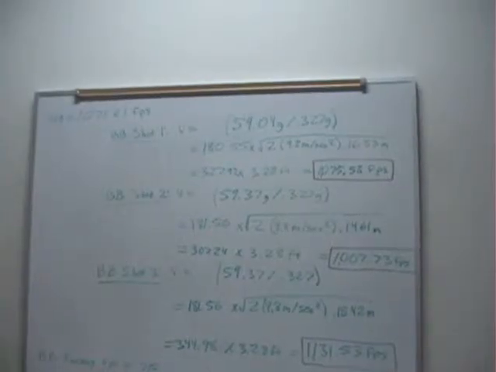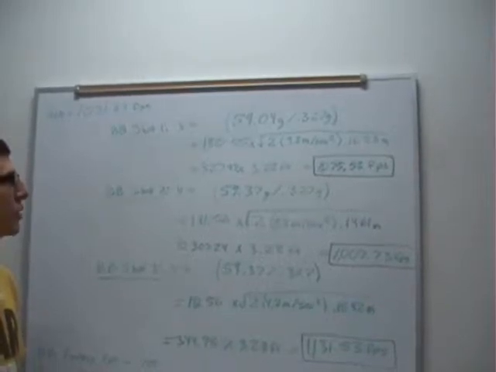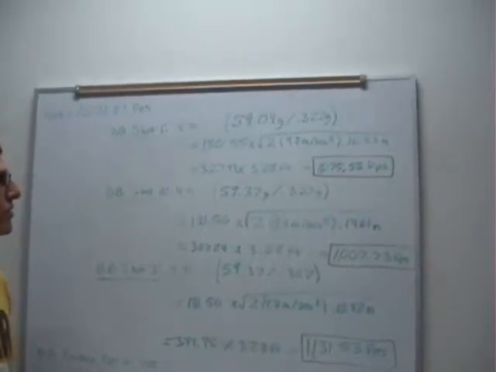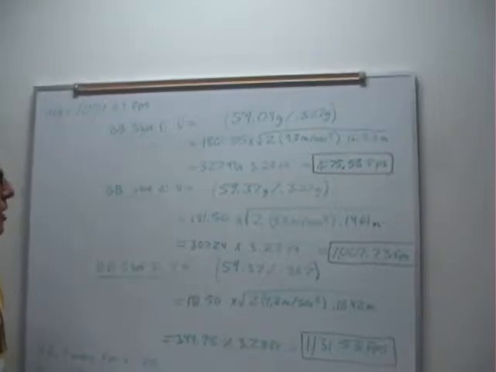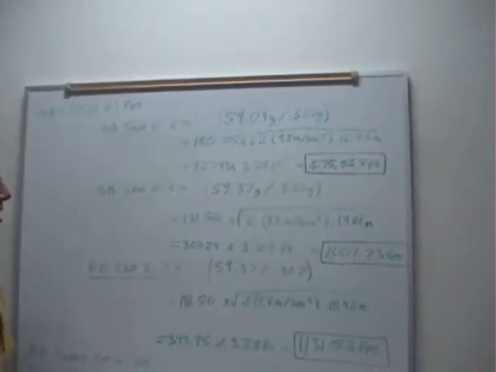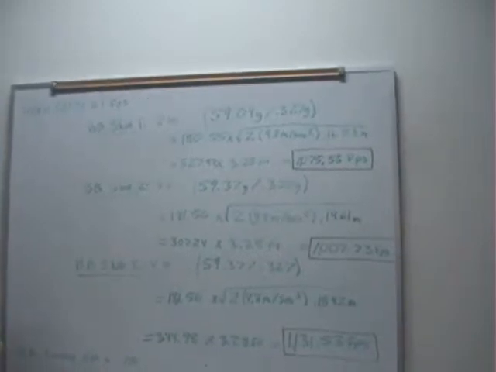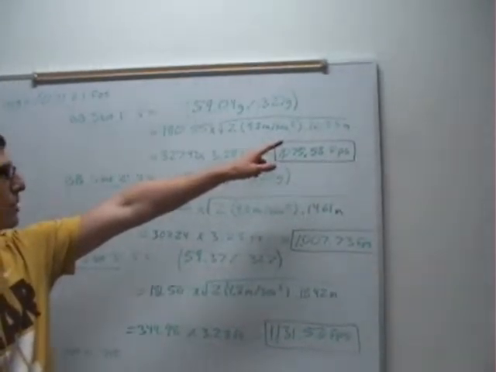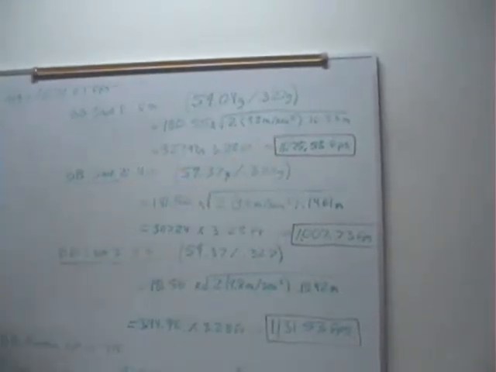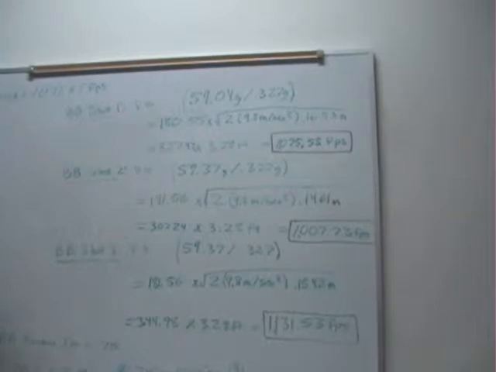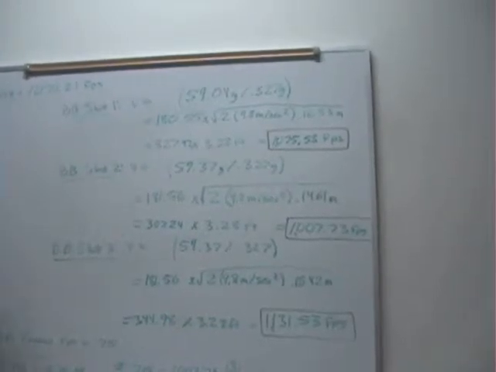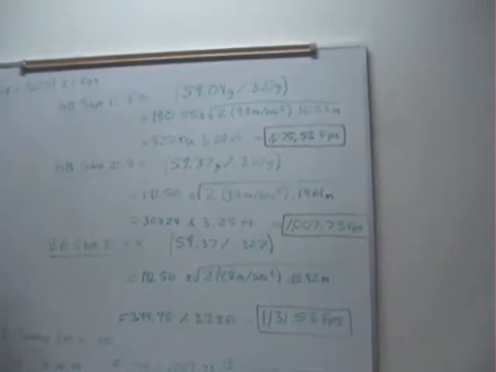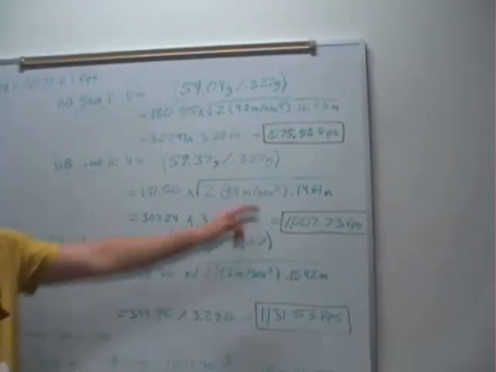This is the velocity for our BBs. Velocity equals the total mass of the pendulum, which is 59.04 grams, divided by 0.327 grams. The total of that comes to 180.55 grams, times the square root of 2, the acceleration of gravity, which is 9.8 meters per second squared, times 0.1683 meters, and that is our height. That total came to 327.92 meters per second, times 3.28 feet to convert it into feet per second, and our total came to